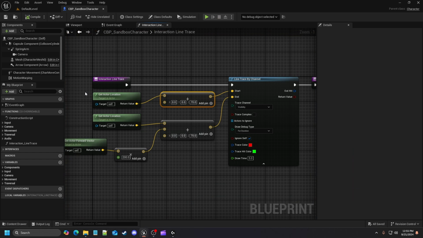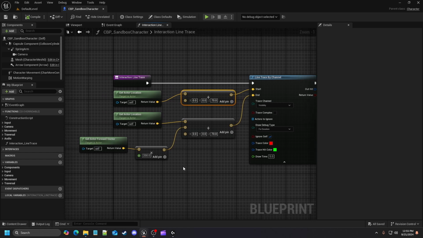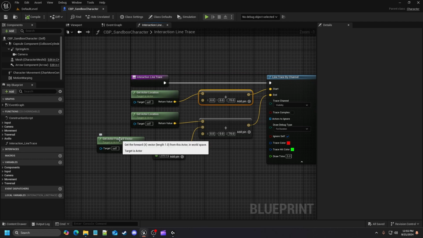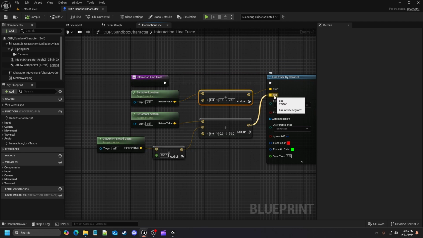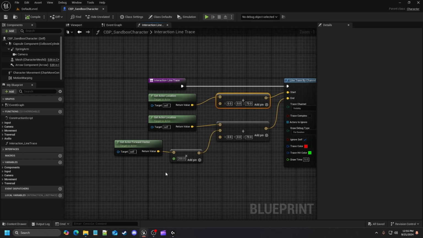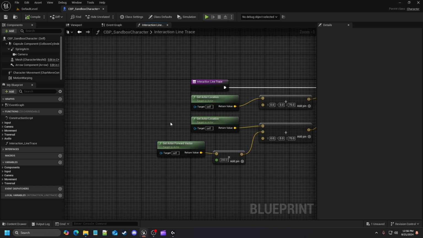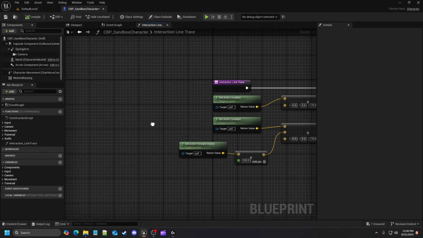However, again, people are going to want to be able to look wherever they're at and then send a line trace to whatever location they want in order to be able to do something. So in order to do that, we want the end location of where we're looking to be where we interact. So that's where we have to modify where our endpoint is. Normally people would add a camera, like they would probably take their camera mesh and put it in here, but what I found to be working a little bit better for my needs is inside